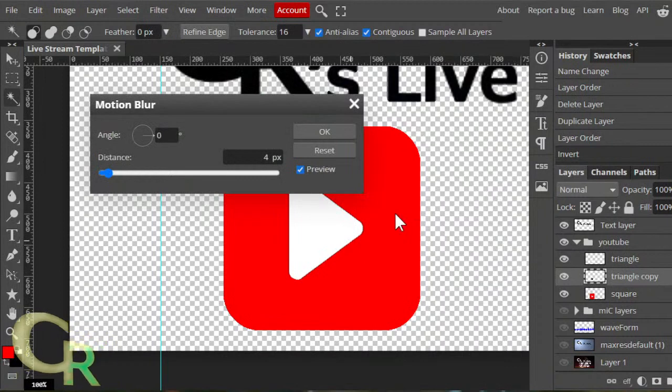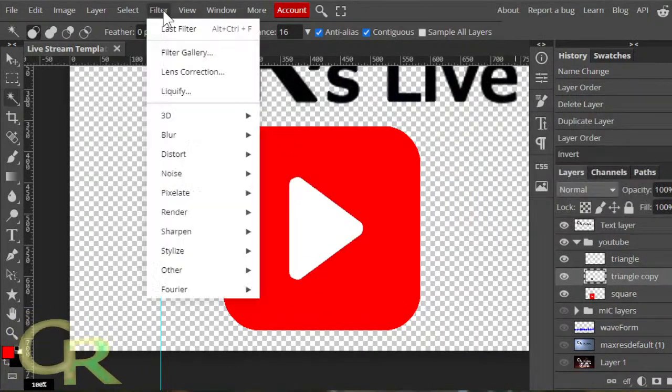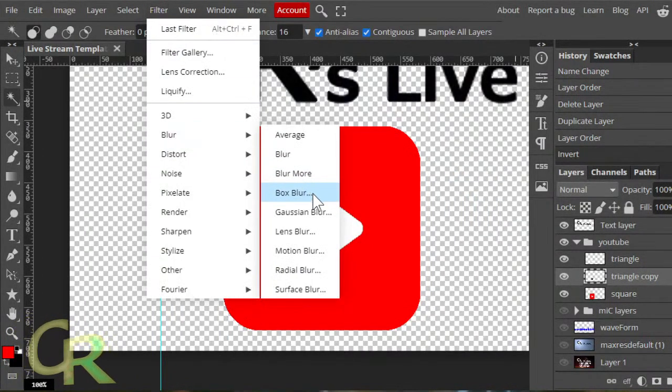Yeah, let's try motion blur. It might work. It's okay. I don't feel that crazy about it. Not that crazy about that one. Go back to filter.